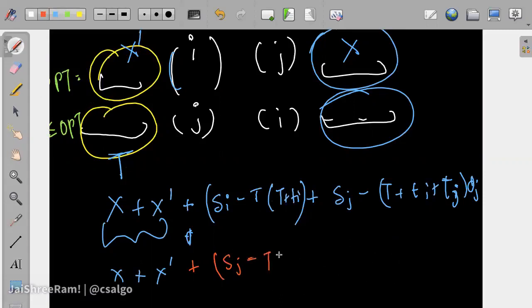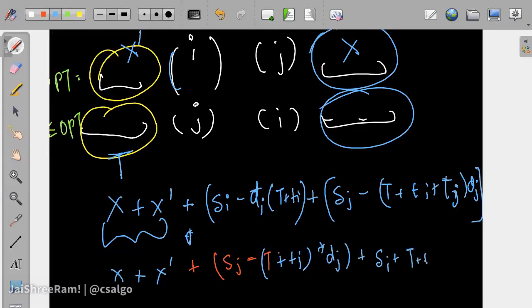This would be D of I, and this would be D of J. So this would be T plus T of J times D of J plus S of I plus T plus T of I plus T of J times D of I, right?